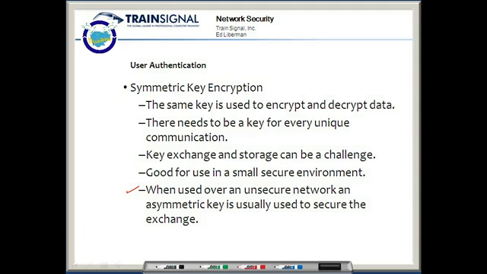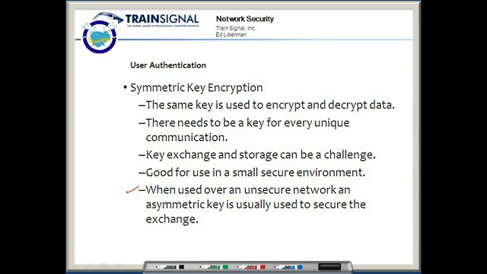Then you could go to the next person in line who would need 8 keys to talk to the remaining other 8 people. And then the next person in line would need 7 keys to talk to the remaining 7 people, plus 6, plus 5, plus 4, plus 3, plus 2, plus 1, and you end up needing 45 keys